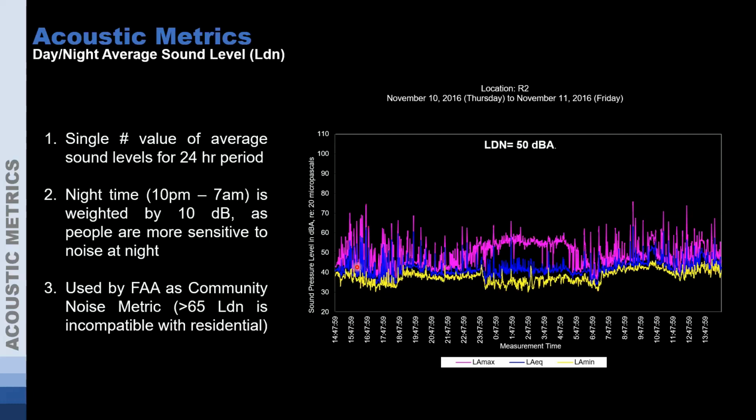And as you get higher and higher, again, that 5 dB, 10 dB differences added on top of that aren't small, and it takes a lot more to reduce that. So the louder and louder your site is, the more impact and the more you have to do to enhance your building to reduce that sound from the inside. And there's not much we can really do on the exterior of that, besides increased glazing. Well, if you're standing outside, walking into your building, or have an outdoor area, that LDN is going to be what you're going to hear at times, but you're also going to hear those individual spikes.